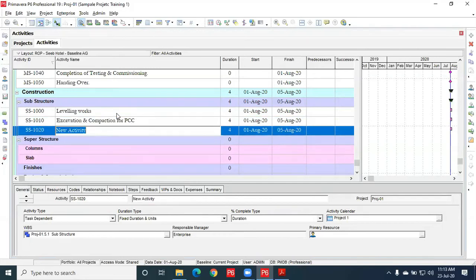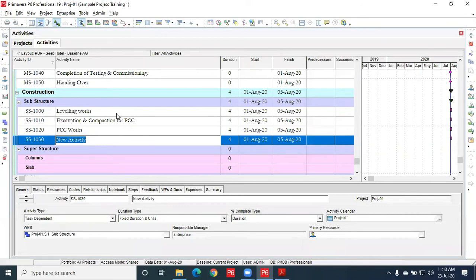Then insert PCC works, then enter, insert. Here, like I explained during construction sequence activities, in some projects there will be a waterproofing membrane above the PCC to protect the structure from moisture or water content.